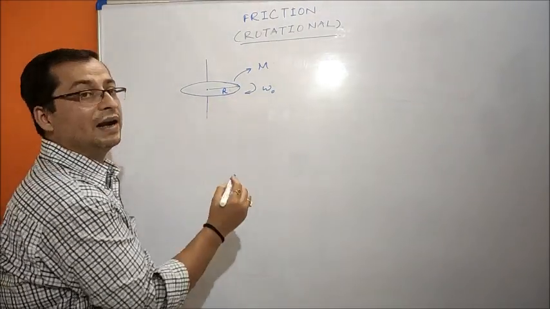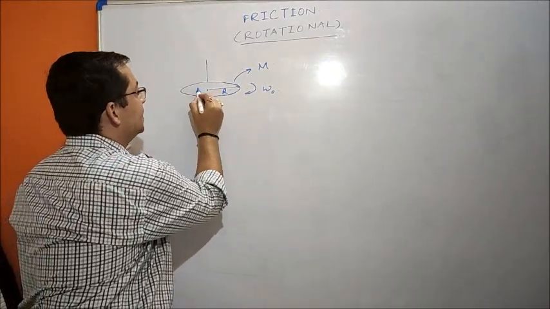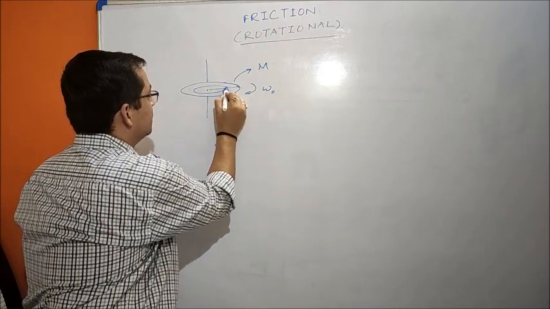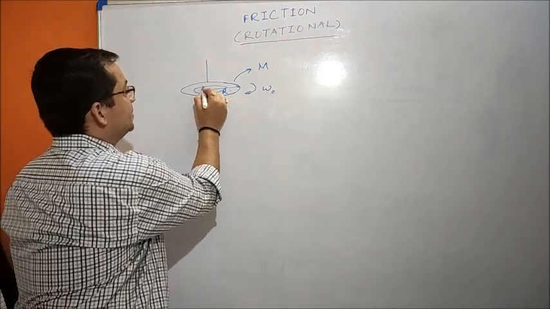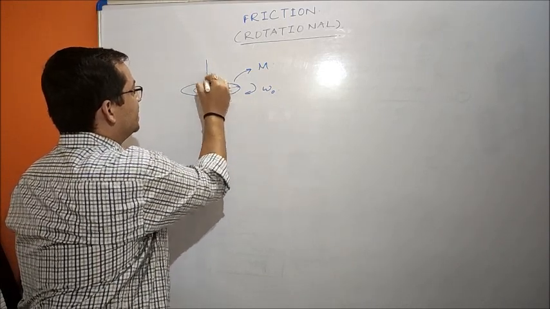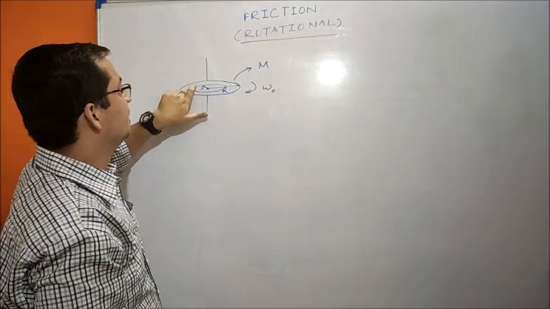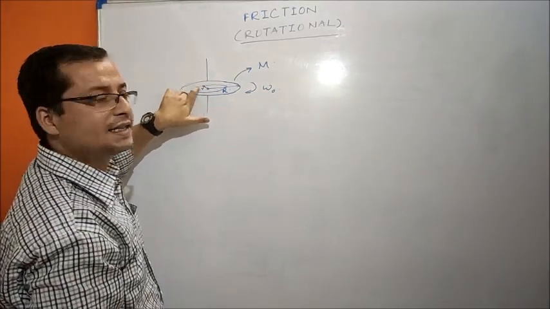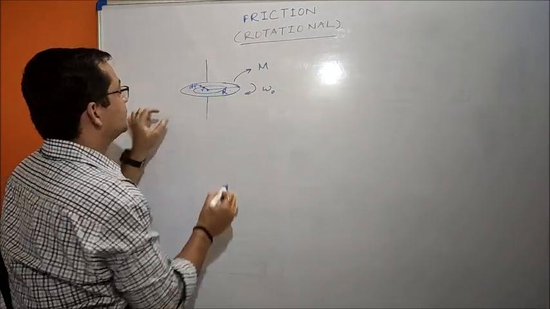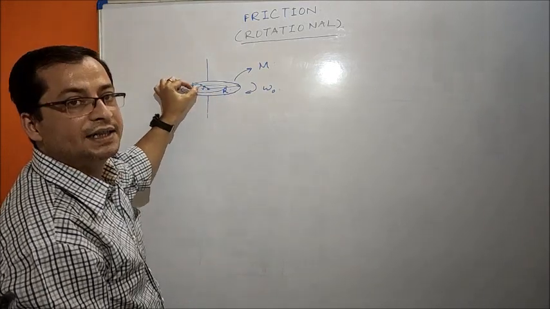So first of all, we will find the mass of a small circular strip on the disc, right? So we assume a small circular strip on the disc. This circular strip is placed at a separation r from the axis of rotation or from the center of the disc, right? So this circular strip has a radius r. The thickness of the circular strip along the radial direction is dr, right?